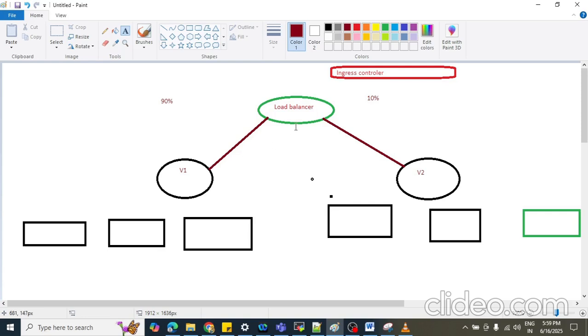Now we are simply running our newly updated version in a real-time scenario.